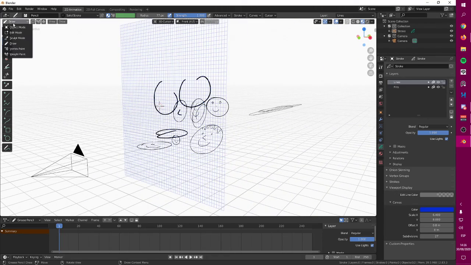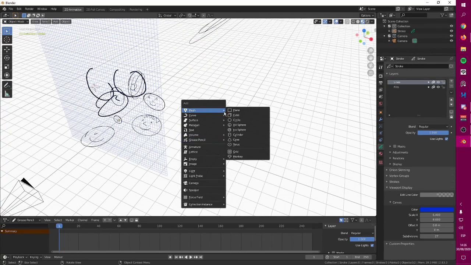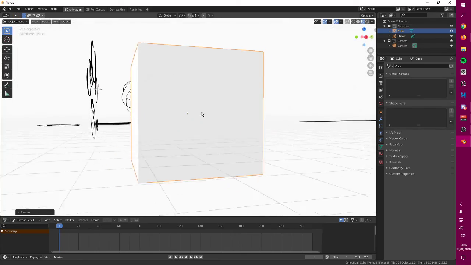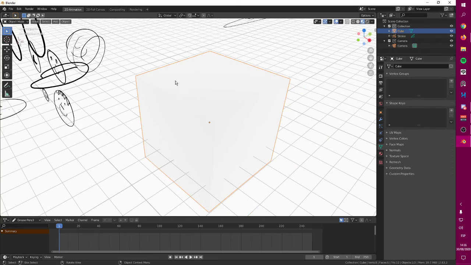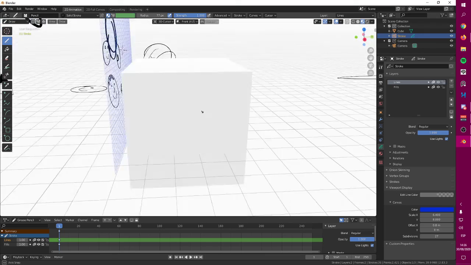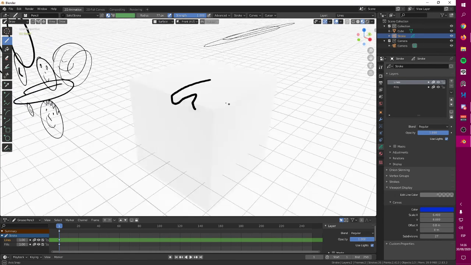One last feature that I really want. This is endless. But alright, this is the end. If you have a cube, and if you want to draw on this cube with your grease pencil, and if you want your drawings to be inside of this cube, go in here and select surface, and check this out.